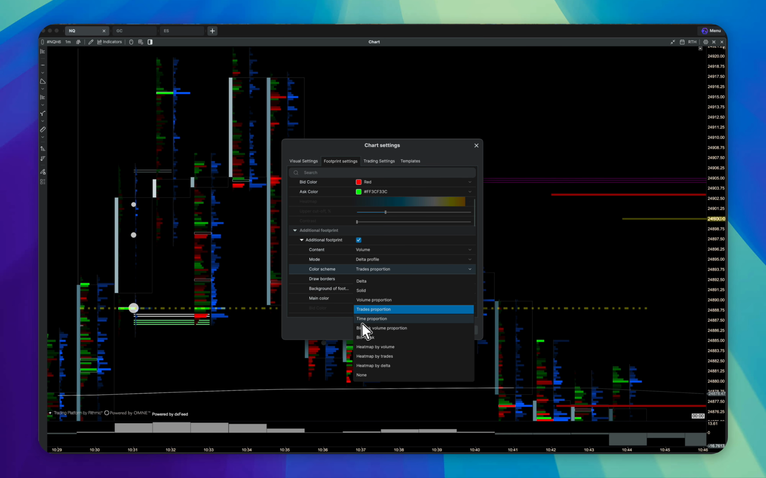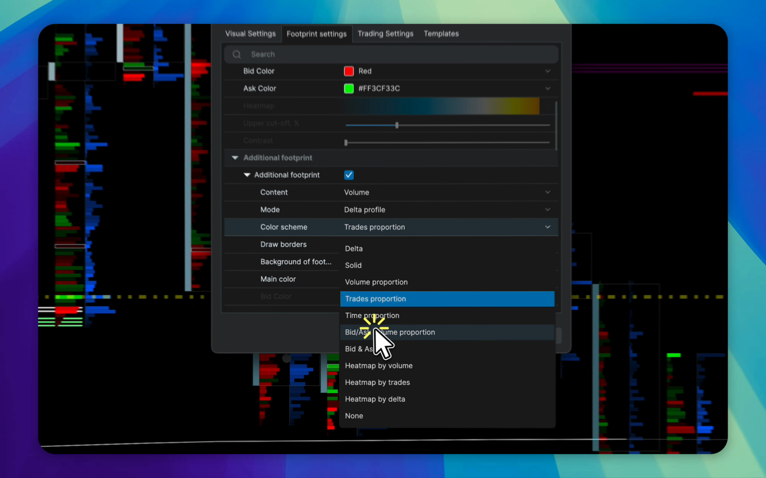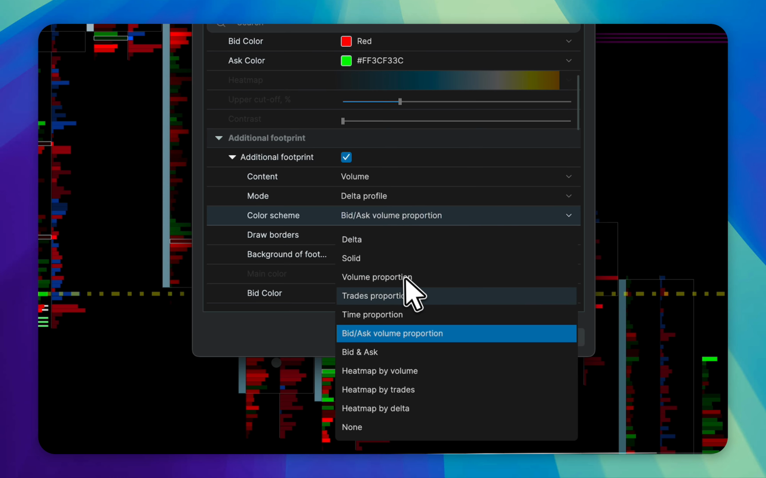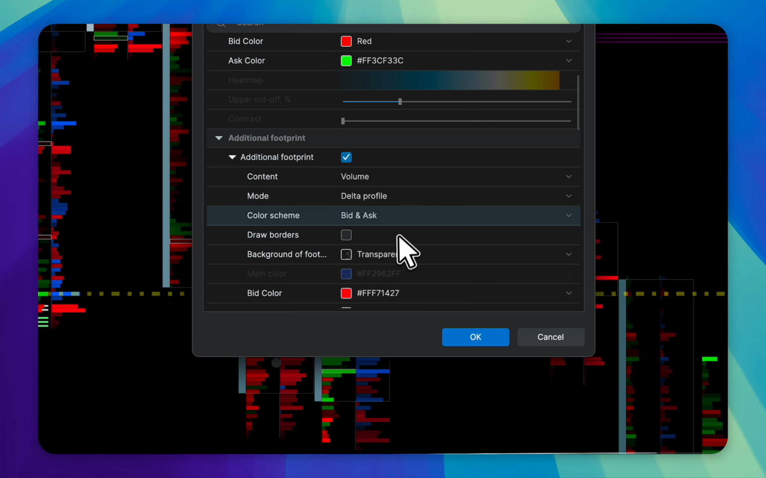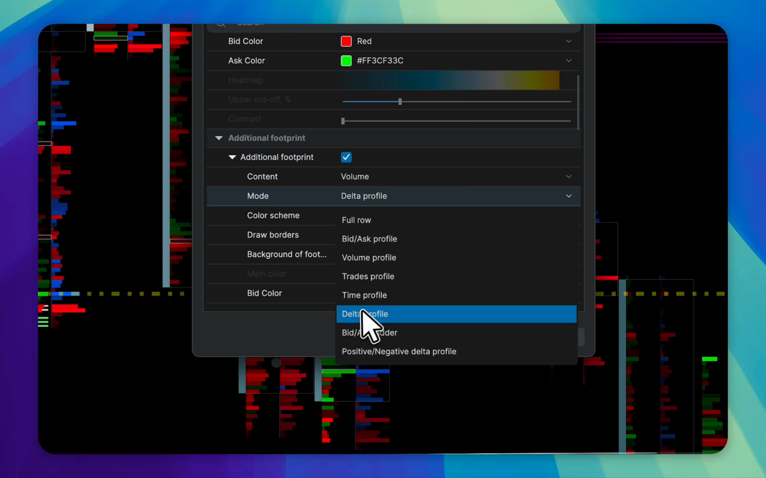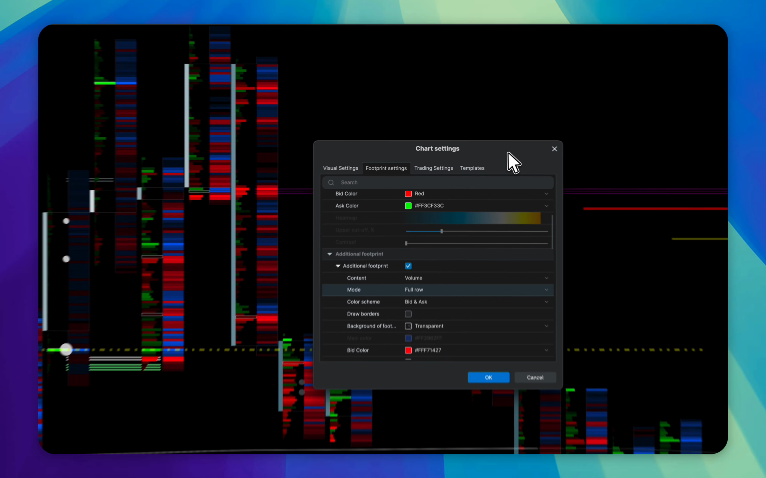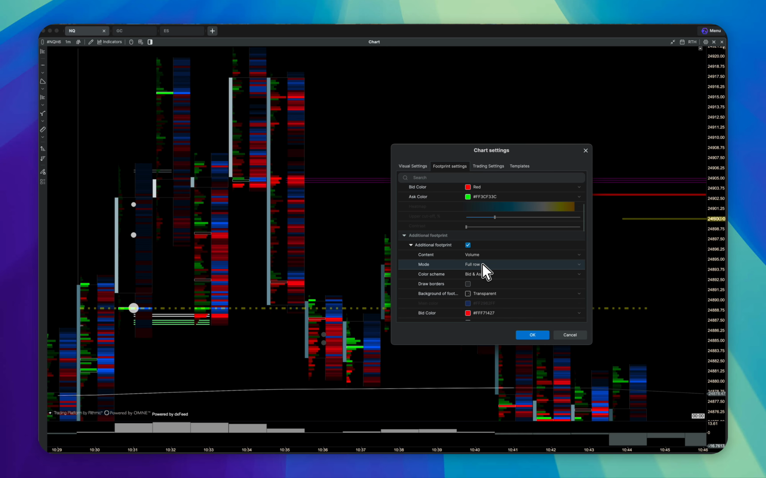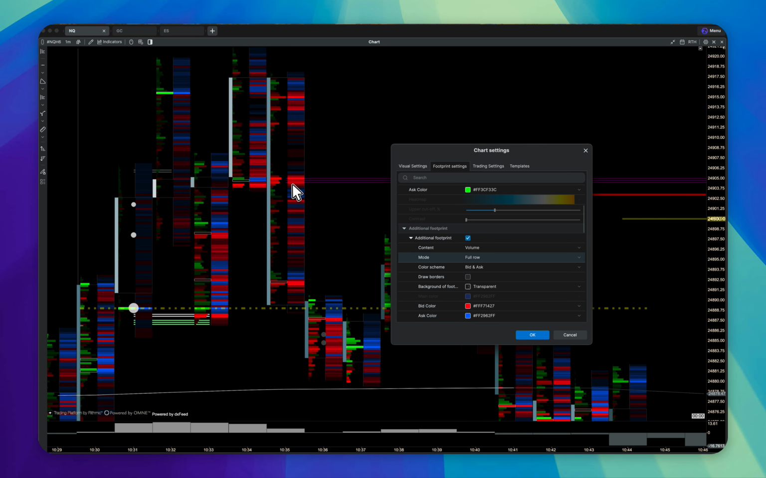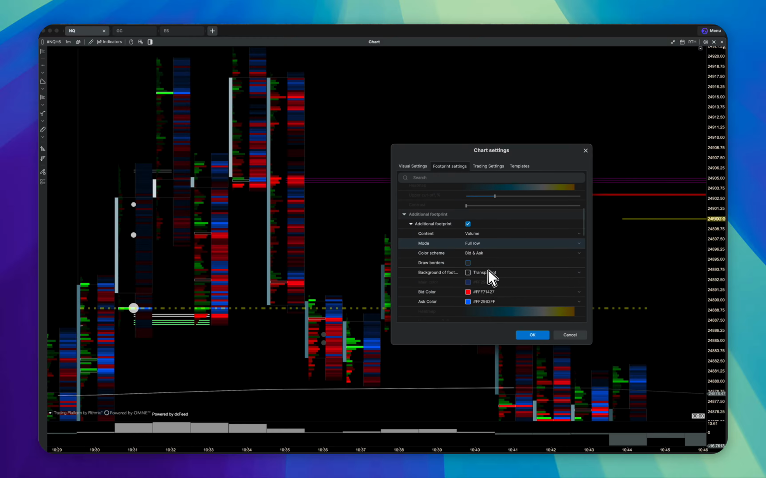Time proportion, I think, is more for the TPO stuff, which I don't really use. Your bid and ask proportions also look at your bid and ask. Here it's all being displayed as the delta profile, but you could also do the full row, which is interesting. This is just the volume, and you can see the colors for the bid and the ask match. You can also do